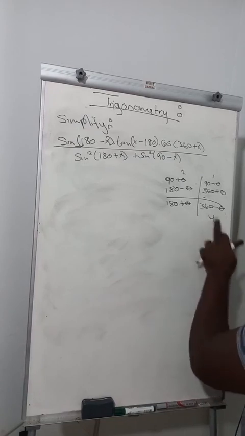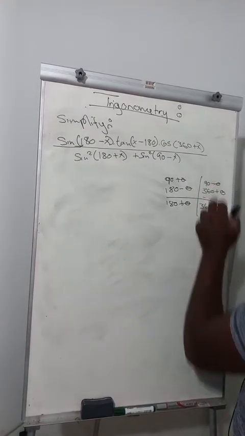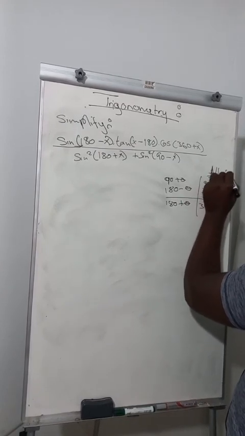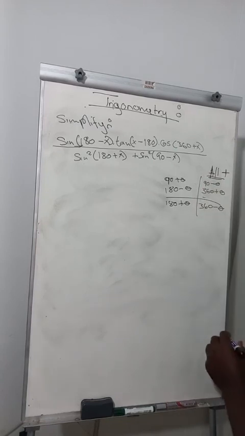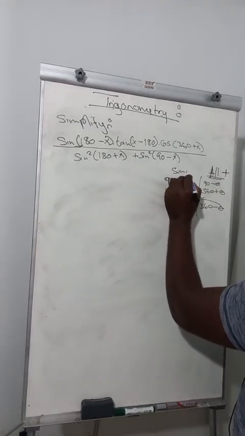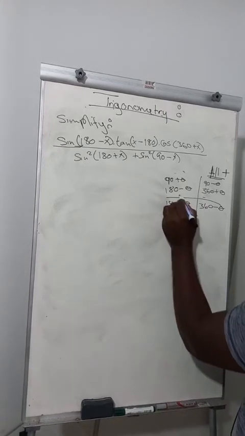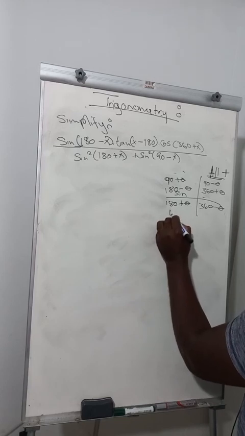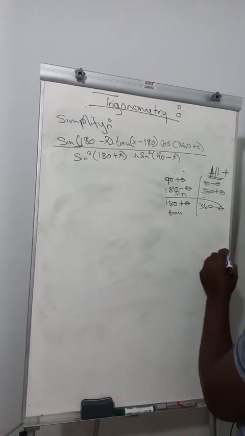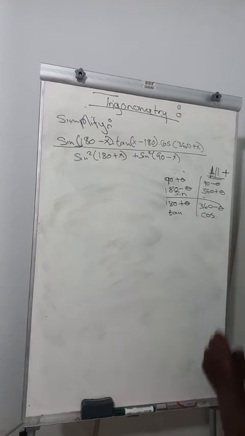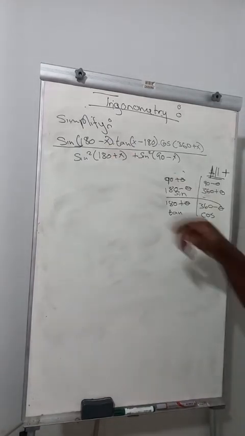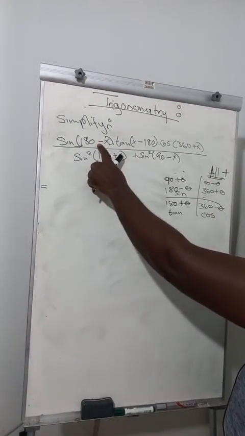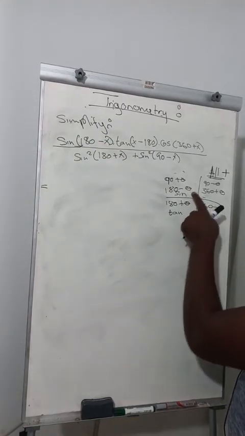Now, let me rub this. Within the first quadrant, all of them are positive, I'll just write plus here. Within the second quadrant, it's only sine that is positive. Here you are having tan, which is positive. Then on the fourth one, you're only having cos. So now let's start with this one. Can you see that this is within the second quadrant, which is this here? Because here it's saying